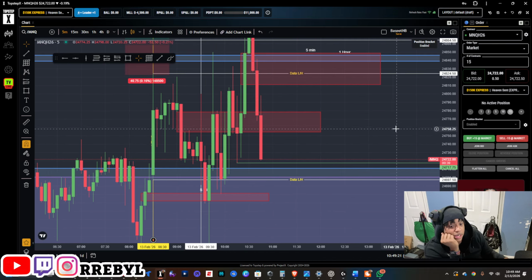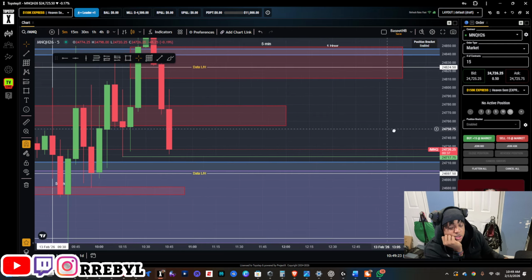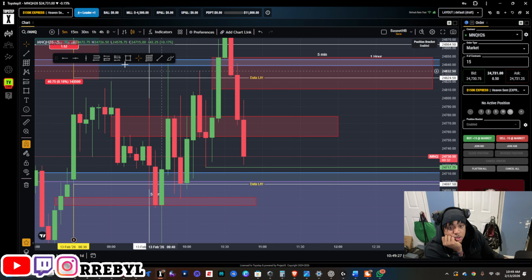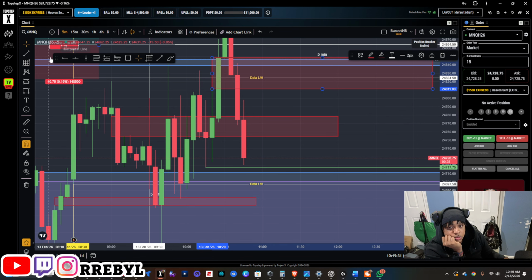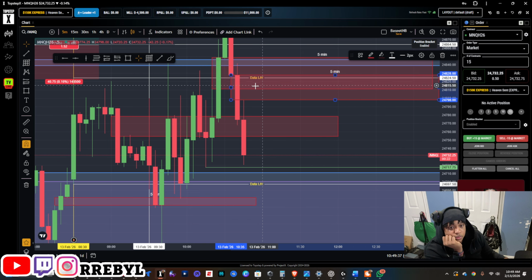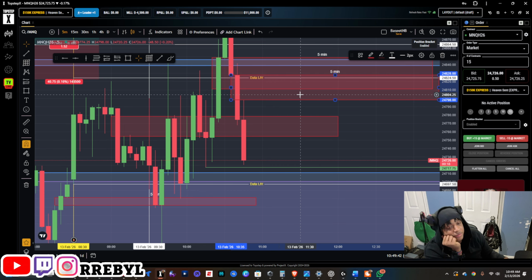Imagine it should break structure. Is this what the trade is going to be? I ain't against it. Hold on, I'm not against it at all. We have that there, we have this. Given that it goes back and resets that fair value gap, right? Yeah, if we use the fair value gap as the continuation. We have fair value gap, we have inverse, one of the two, pixie or poison.